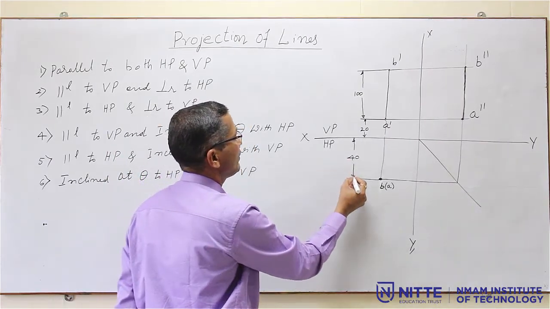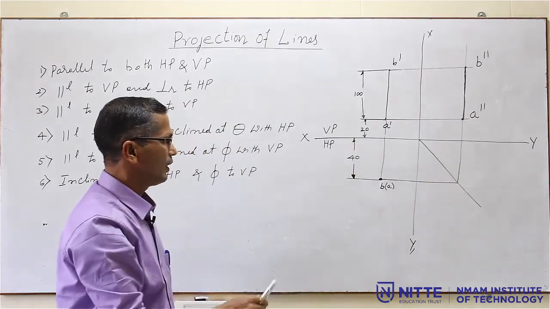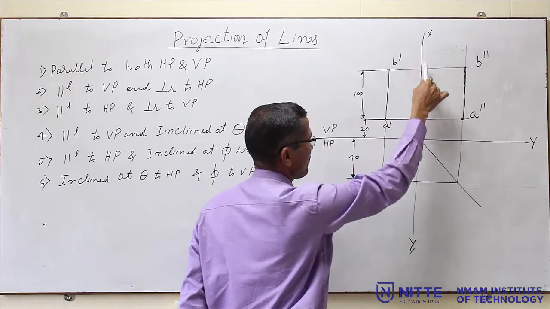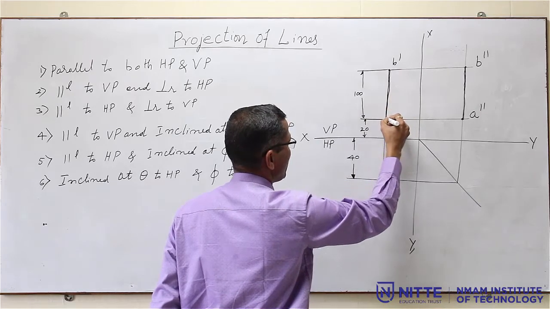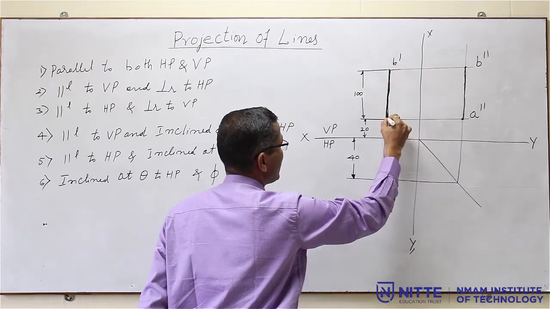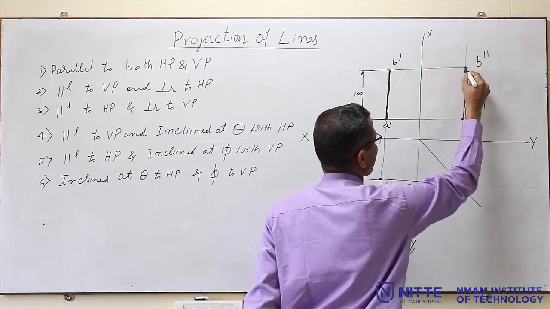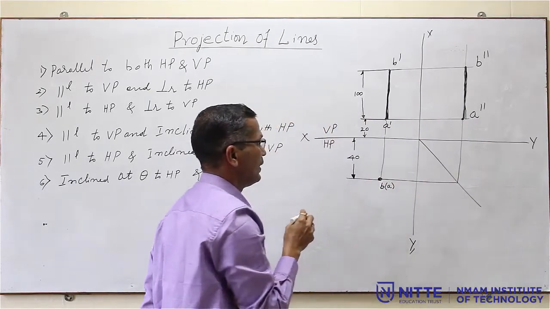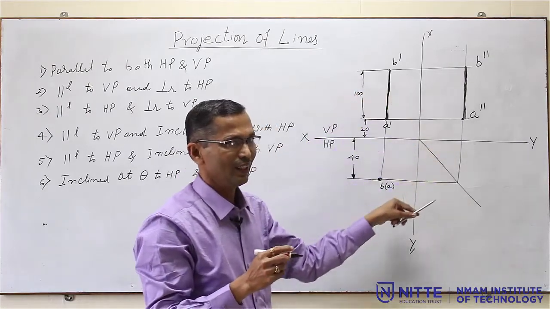The evaluation carries weightage for the arrowheads also, and how neatly you are going to draw it and what type of pencils you have used. In this case, xy line is dark, x1 y1 line is dark, and this particular line, that is a dash b dash, only up to here, I will make it a little thick. So, this is dark, and the profile view, that is a double dash b double dash, this is dark, and this particular point, that is AB. Remaining all the lines, including the projection lines and the dimension lines, are light lines.